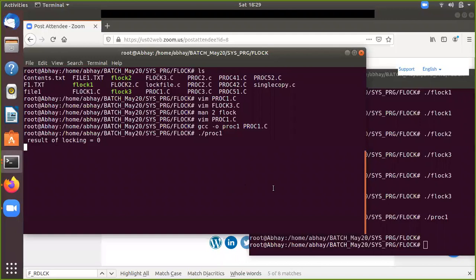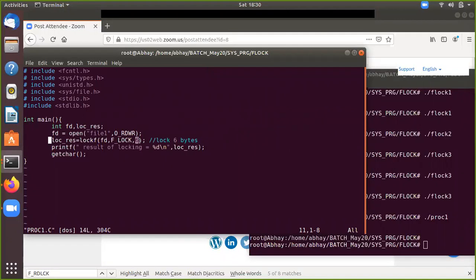From the current offset pointing at the zeroth location, which is the first starting byte, till 6 bytes we have locked. Now, if you move your file pointer beyond the 6 bytes, say to the 7th, then it will be successful. It will not be blocking, because you have moved your file pointer past the size and then you are putting a lock there. So it will be successful.